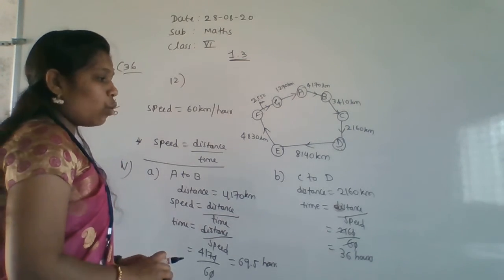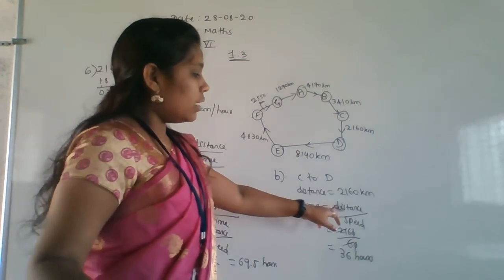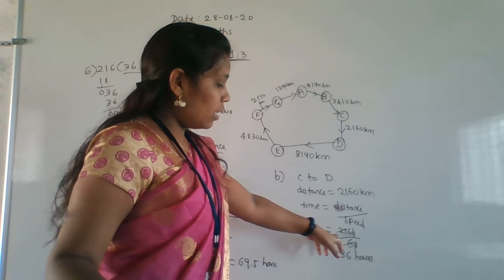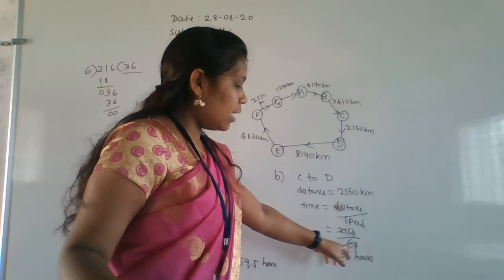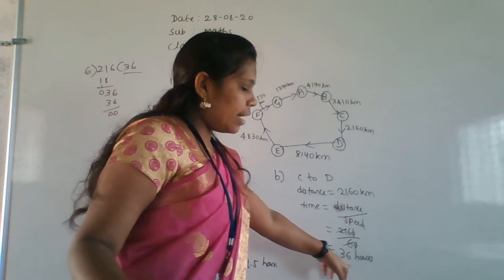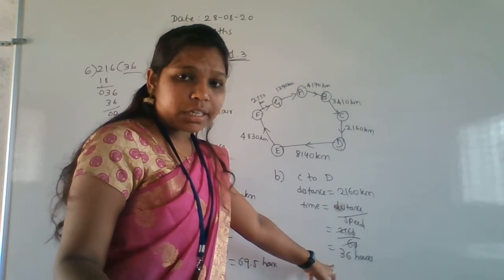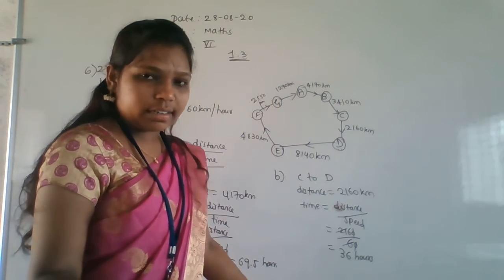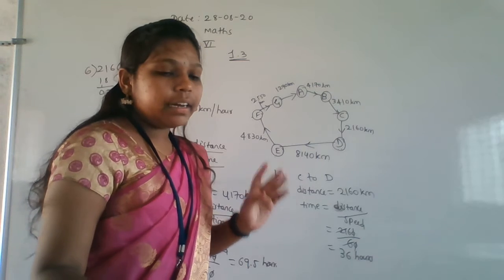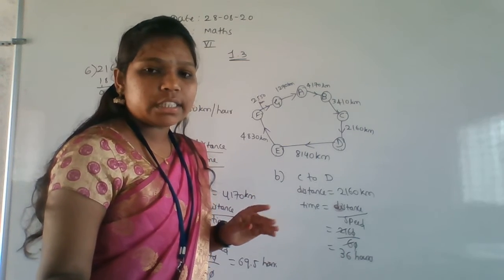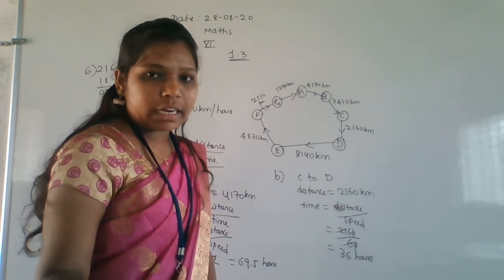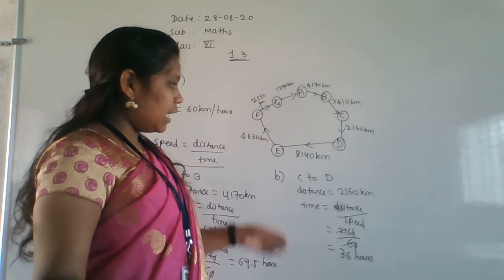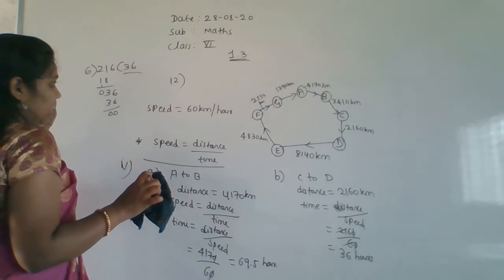Getting everyone? So you only have to substitute the distance number here. Whatever the value of the distance is, you have to write it here, and speed is 60, and divide those two values, and you will get an answer, right? That quotient is the time taken by the bus to reach that distance. Getting everyone? Next, E to G and total journey you only do. I won't do those things. Okay? Those are easy ones only. Similarly, otherwise, I'll give a hint here.